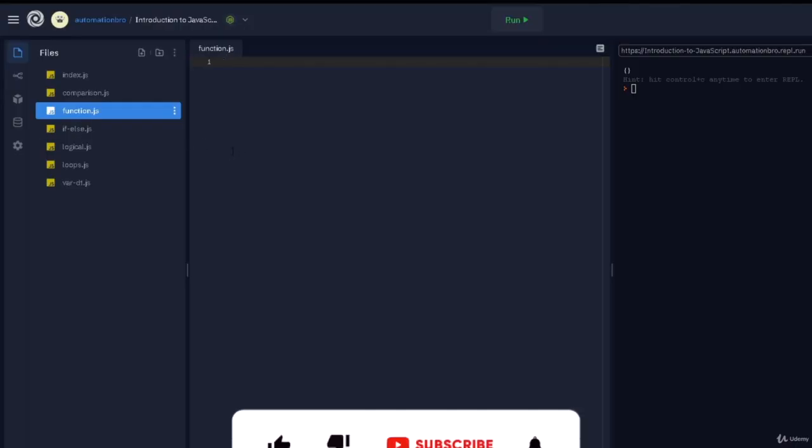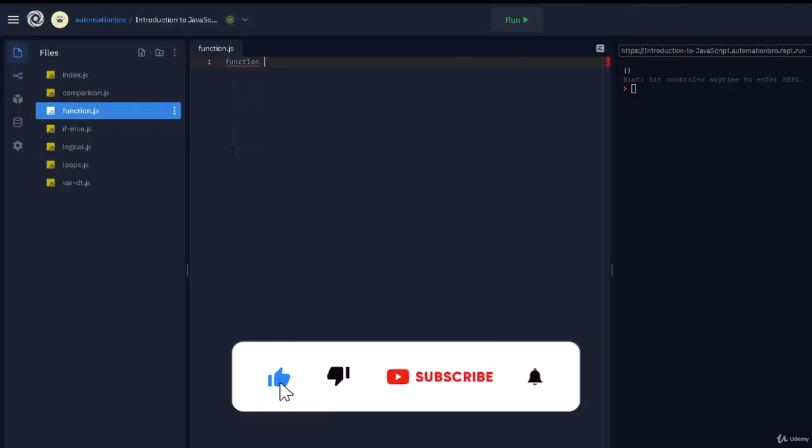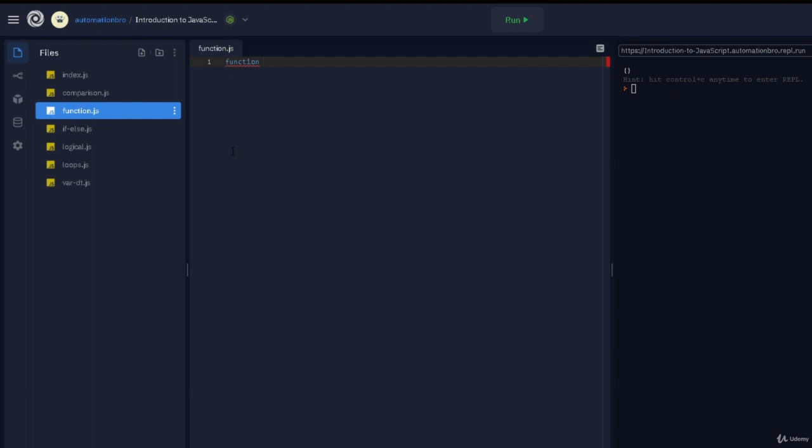What I'm going to do is create a function. That's simple. I'm going to use the keyword function, and then you create a name for that function. In this scenario, let's say I'm creating a sum for two numbers. I will name this sum. I will do my parentheses, and in the parentheses I will add two numbers, so I can create a variable here. We don't have to do var over here, we can just directly write the variable. So I'm going to do num1 and num2.